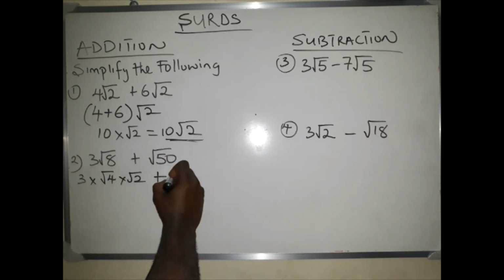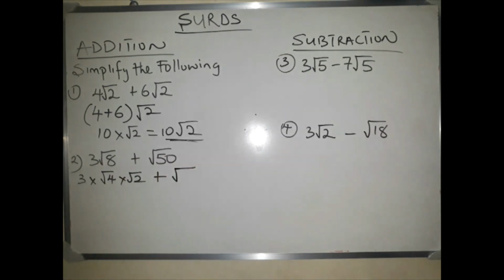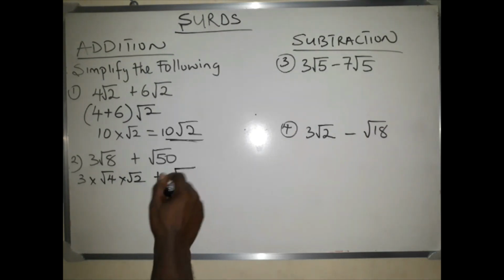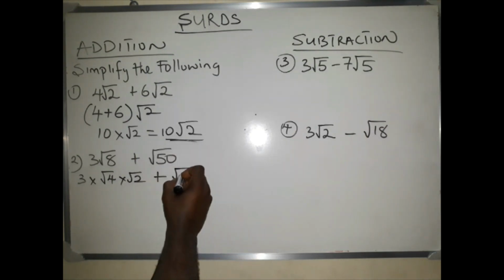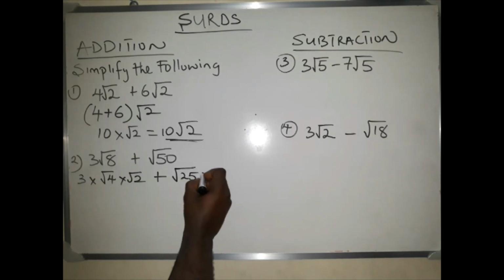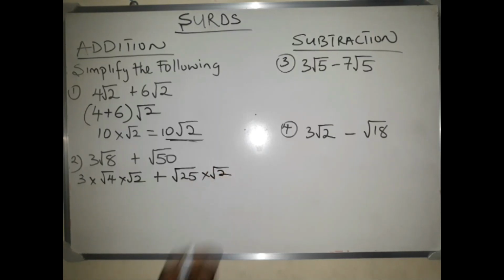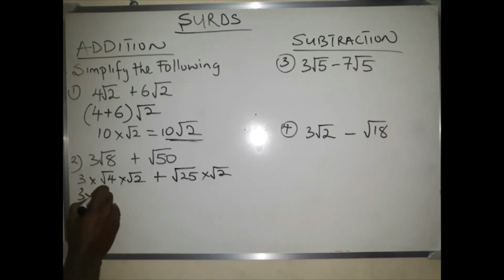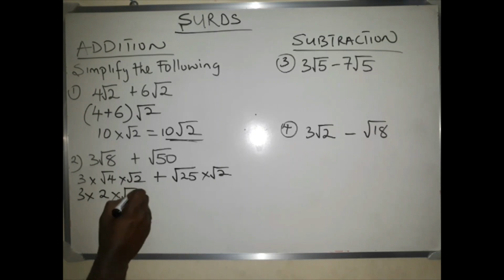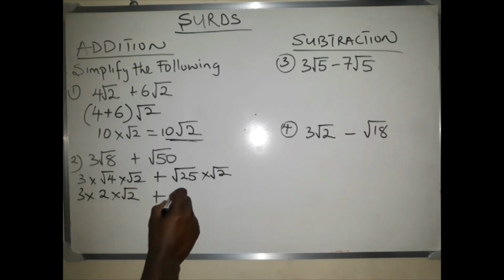You think of two factors of 50, in which one of them is a perfect square. And those two factors are what? 25 times root 2. For this side, you find the square root of 4, which will give you what? 2 times root 2. And here you find the square root of 25, which will give you what? 5